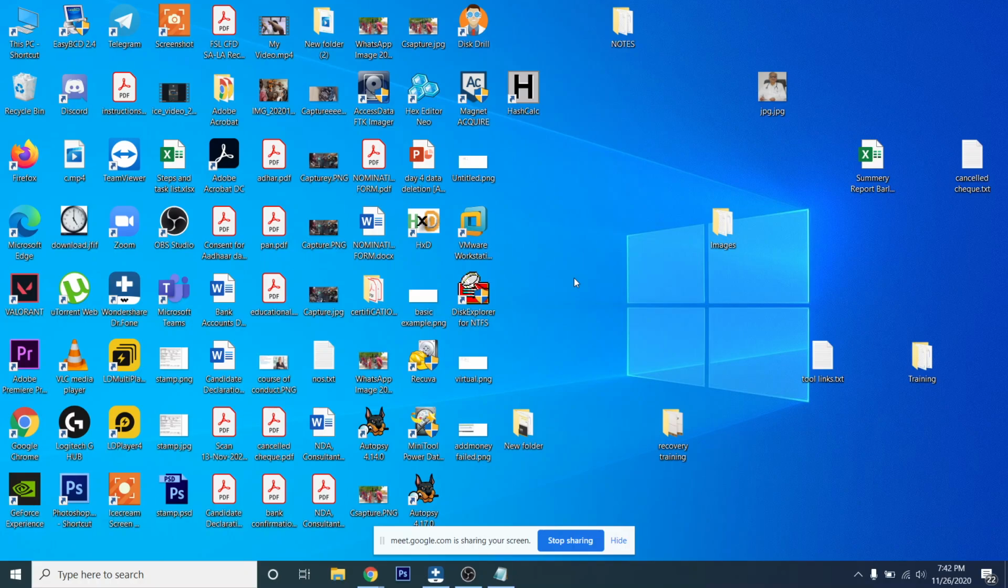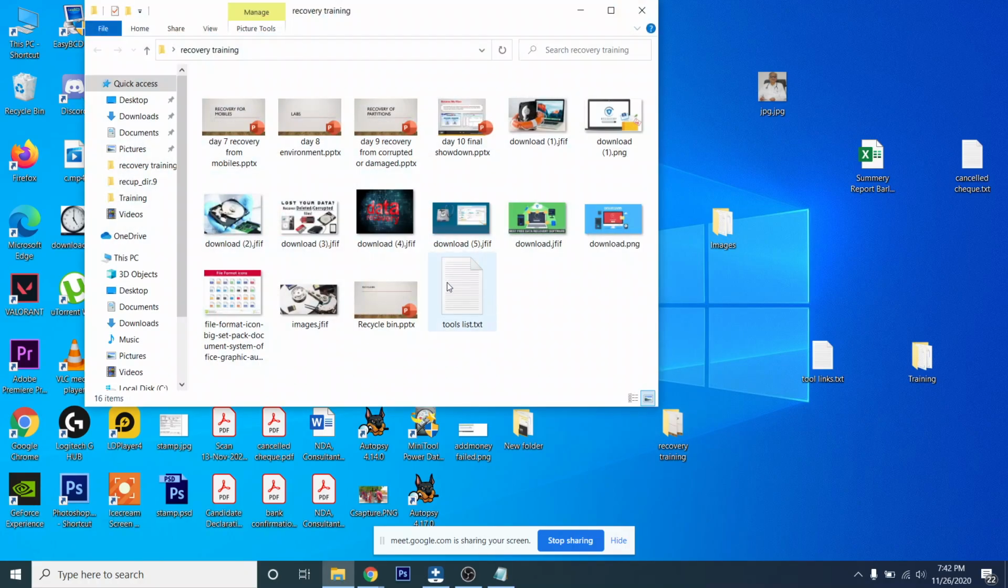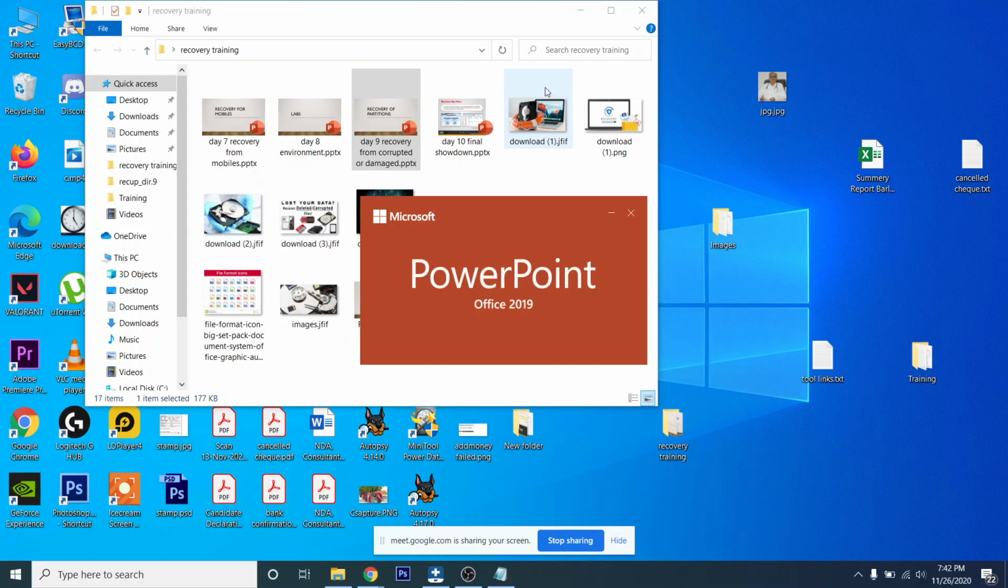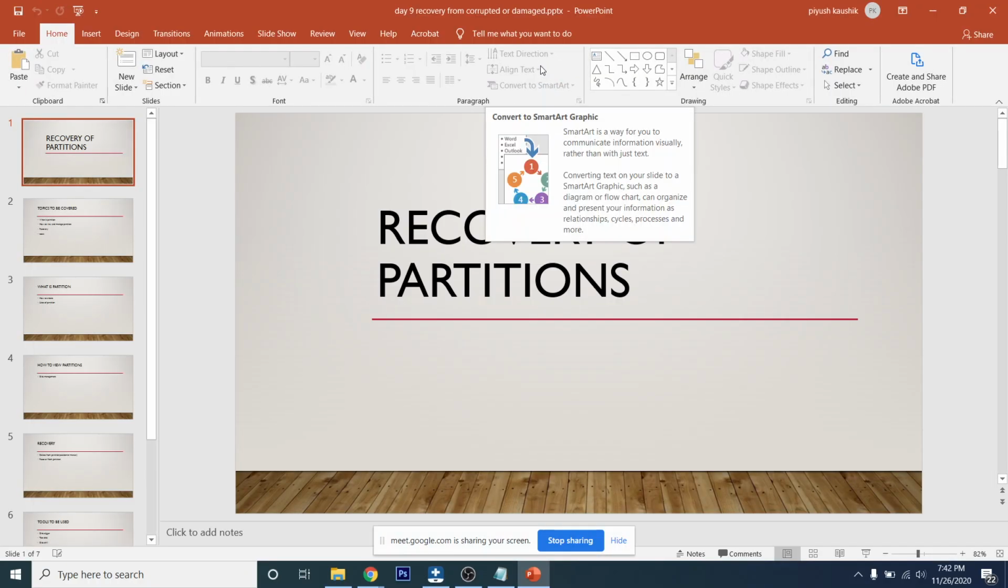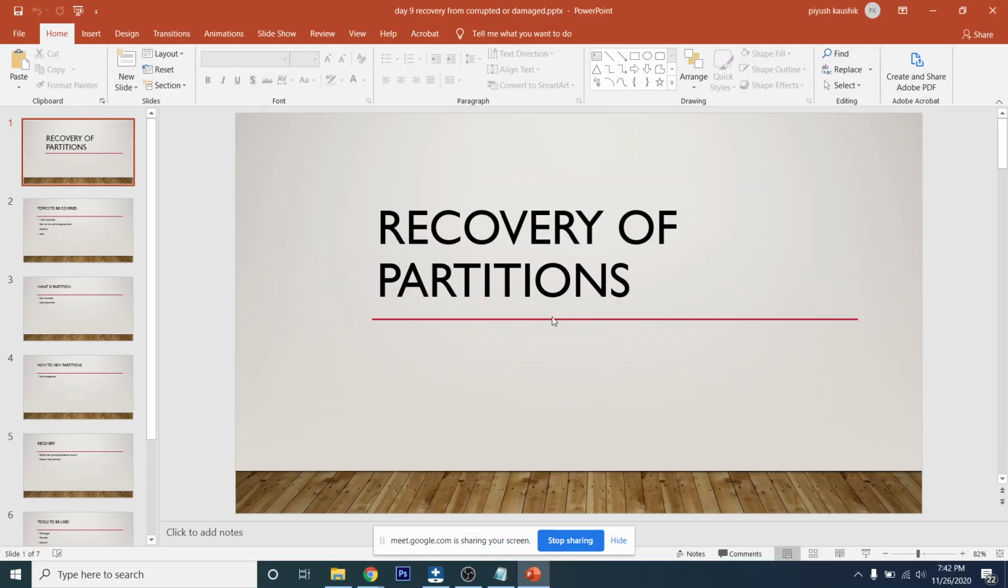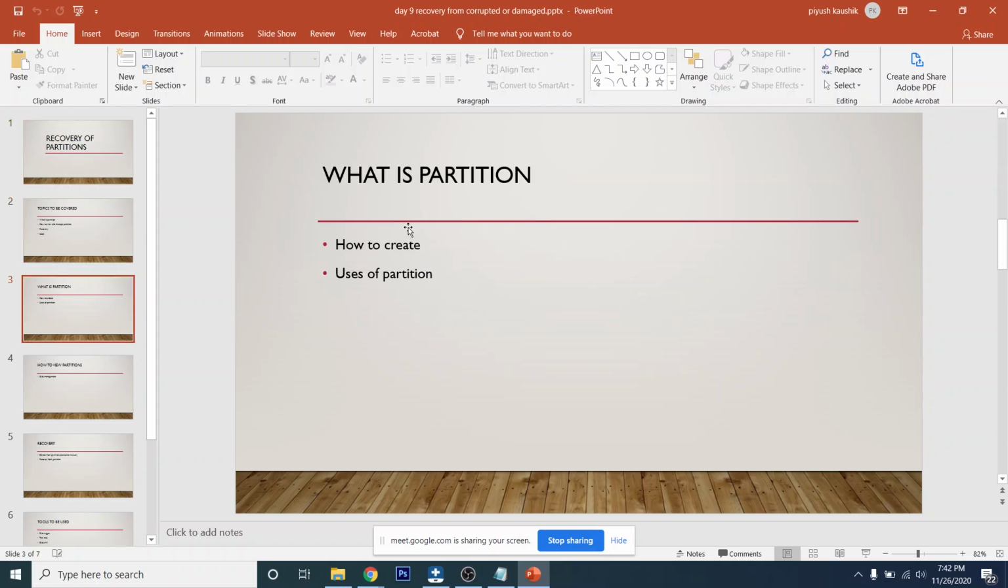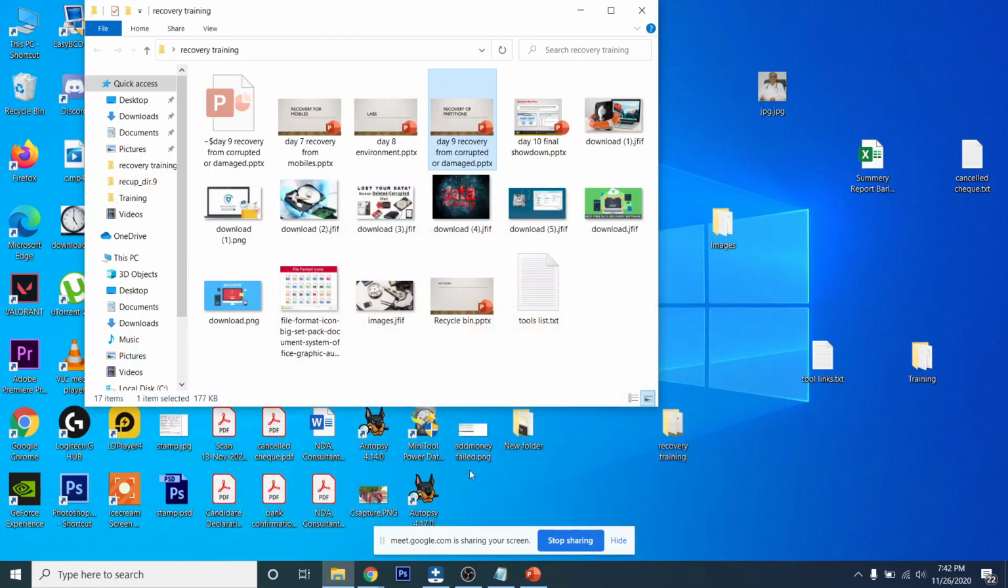Okay, let's take this tomorrow. I don't want to waste any time. So today's session will be on partitions: what is a partition, how partitions are done, how partitions can be recovered, how partitions are lost. So our first topic is what is a partition. Let's start with